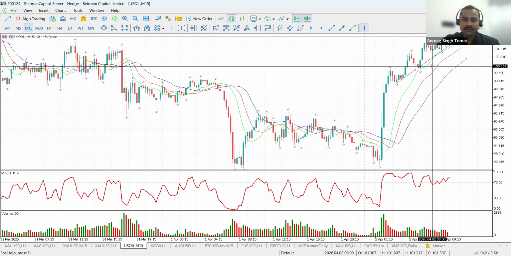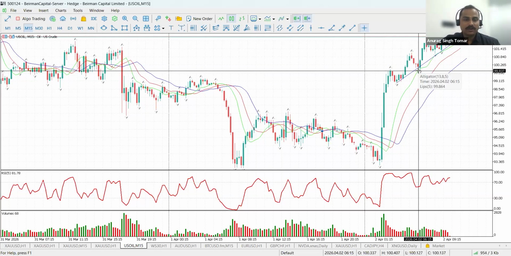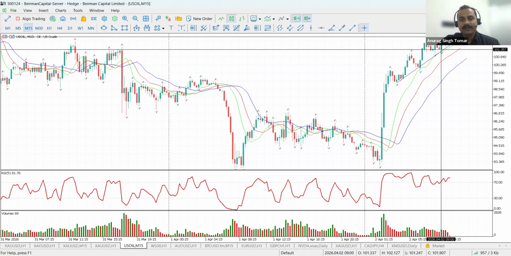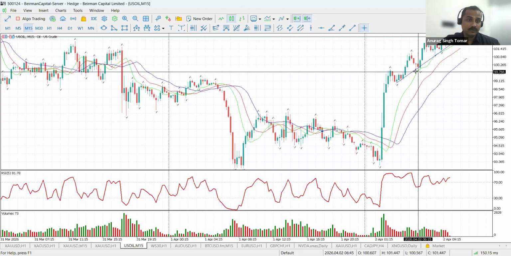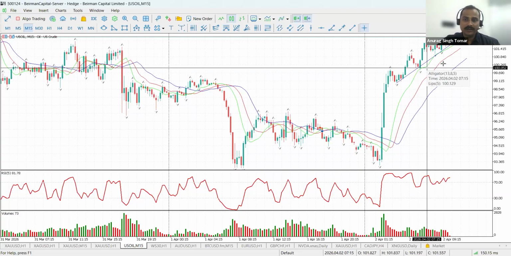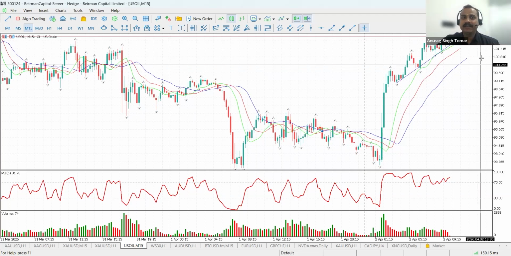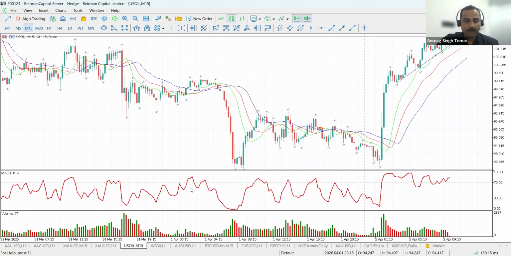And every time, if you're watching this, go to your chart and mark any trend line. On the second touch of the trend line, there is a high probability that prices will come down and hunt the stop losses resting below point number two, which is the touch two. Prices will come down and then take a U-turn, and that is the time when we need to create a buy on dip position. So this is for the oil.